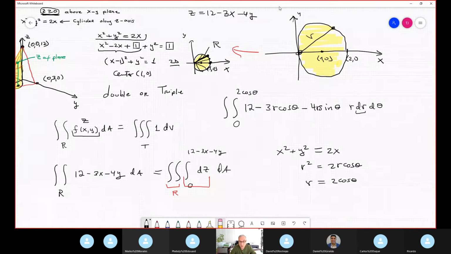This complicates a little bit the manipulation of the integral. Because when the limit is constant, we can separate in two integrals. But in this case, no. You use iterate integral. So integrate the first level, integrate the second level. And now, finally,